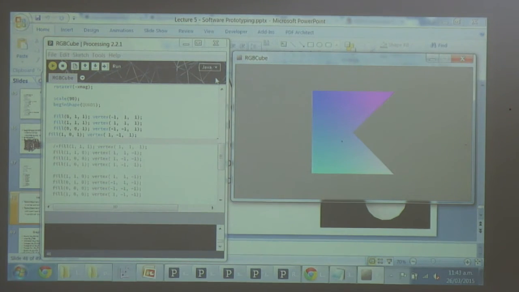So we start at negative 1 by 1, and we're going to draw a line to 1 by 1. And then we're going to draw a line to negative 1 by negative 1. We're going to draw a line to 1 by negative 1. You can see now that that's not going to look like a cube, whereas if we do the same thing here,